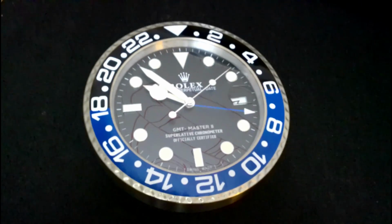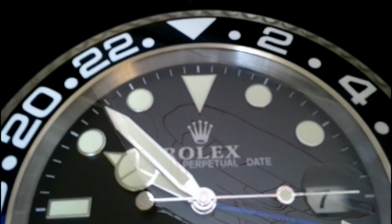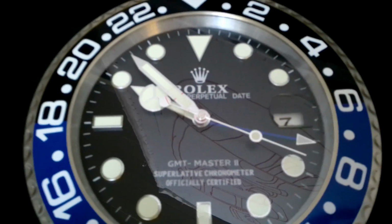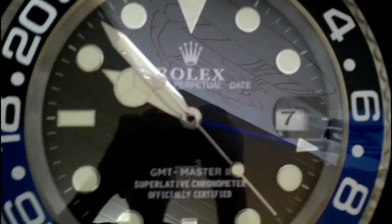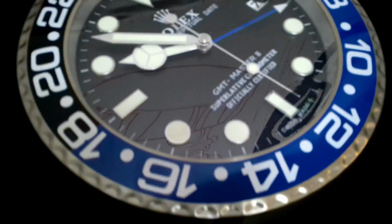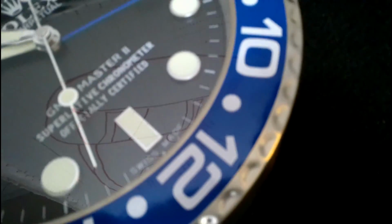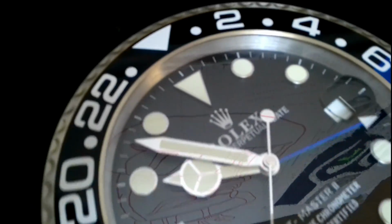Alright folks, I just wanted to show you this Rolex, supposedly, GMT Master 2 wall clock. Got this from, dang it, I can't get this very well. I love the thing. It was $98 from, I don't know, one of the Oriental expressways, and